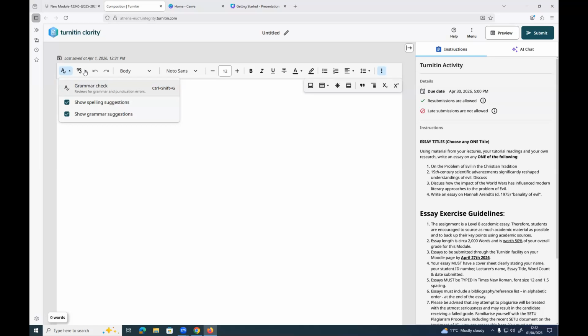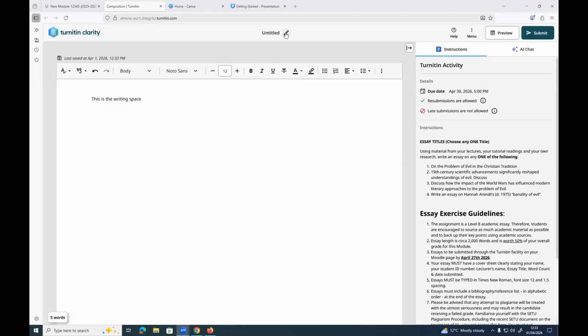You can also use citation checking tools. So if you have citations and there may be issues with your citations, Turnitin Clarity will make suggestions as regards improvements to your referencing and your citations. You can give your assessment a title,